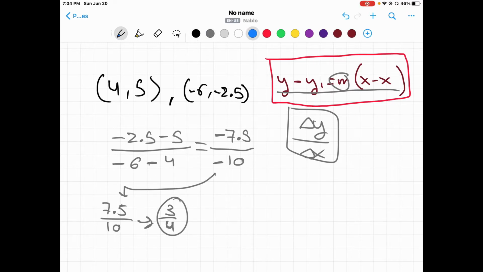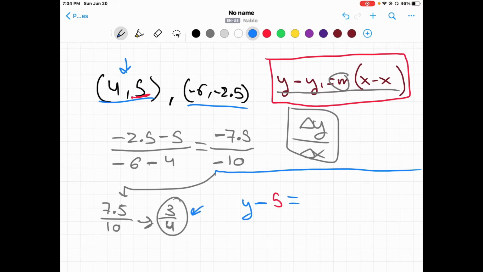Now we're going to take one of these 2 points. Now I'm going to use the first one right here. So 4, 5. And simply substitute the values into the point slope formula. So y minus y1, so the y position would be 5. So y minus 5 equals to the slope, which is 3/4, multiplying x minus x1, which would be 4,